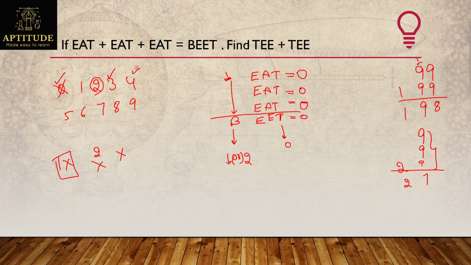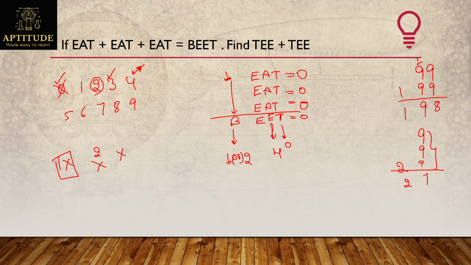Once again not giving a carryover. Which means I should start assuming E value from 4. So go on verifying with E value 4, 5, 6, 7, 8 like that. Let's see for what value the entire equation will be satisfied. I will assume E value as 4 first of all.